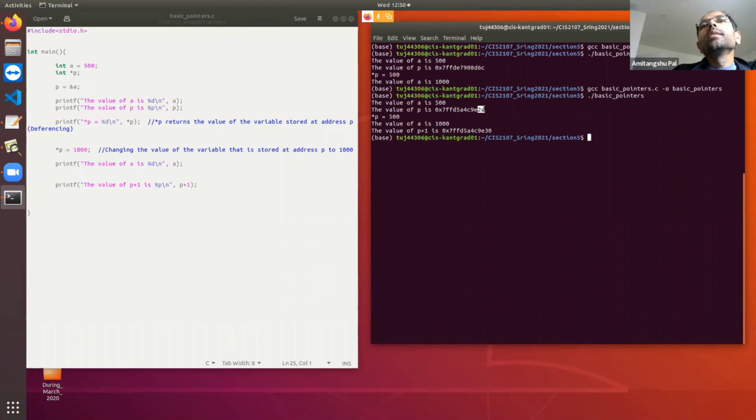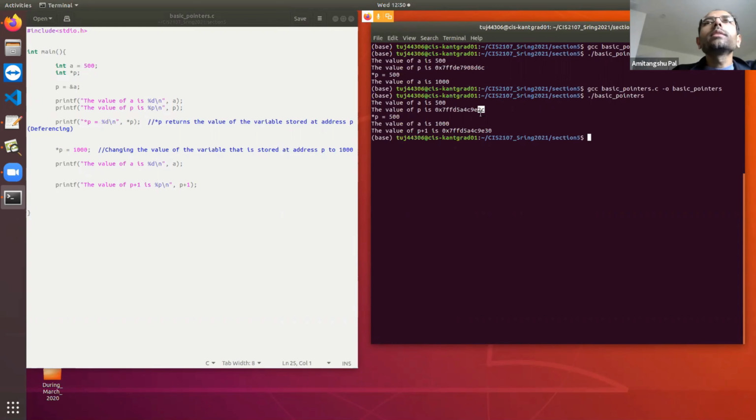Ideally, if you add 1 to 2C, what value are you going to expect in hexadecimal format? You will get a value of 2D.